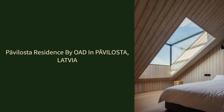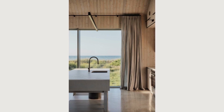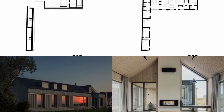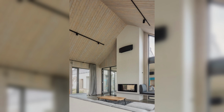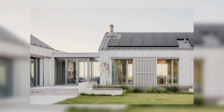Pāvilosta residence by OAD in Pāvilosta, Latvia. Nestled within the charming town of Pāvilosta, this residence masterfully marries tradition with contemporary aesthetics. Drawing inspiration from the historic fishing village's vibrant wooden homes, the design imbibes the colorful essence of small streets lined